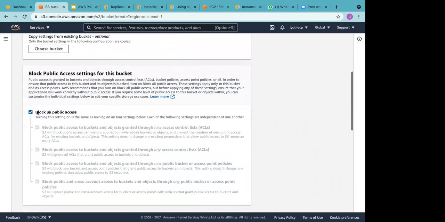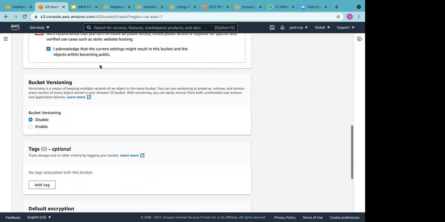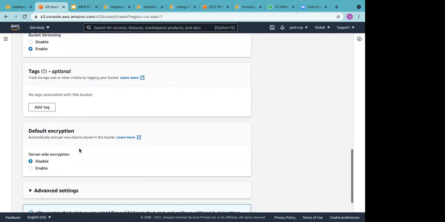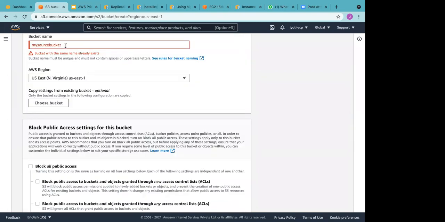Okay. See, what was the prerequisite to have cross-region replication? It was to ensure that both your source bucket and destination bucket have versioning enabled. So I'm going to enable the versioning. Okay, that's it.